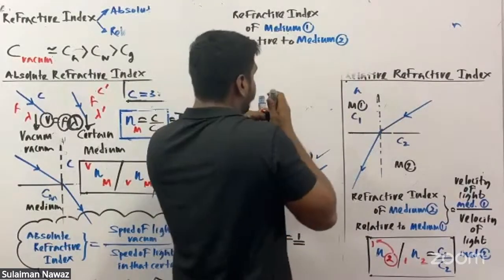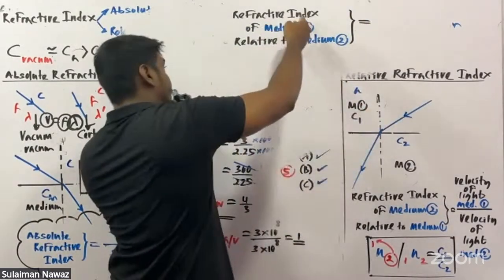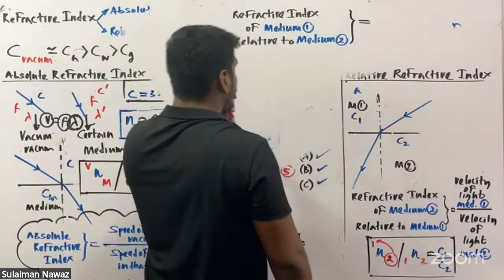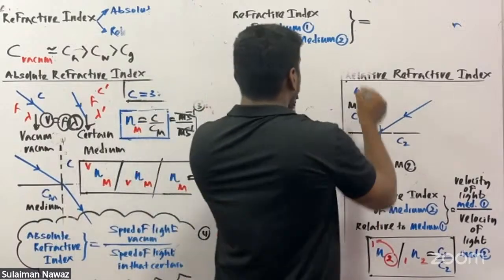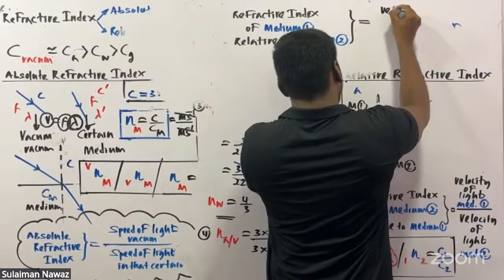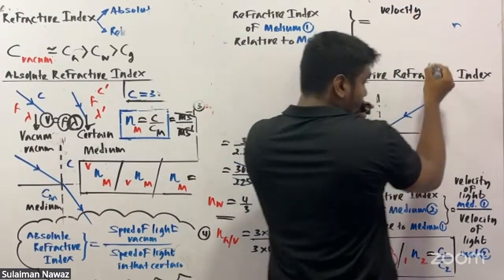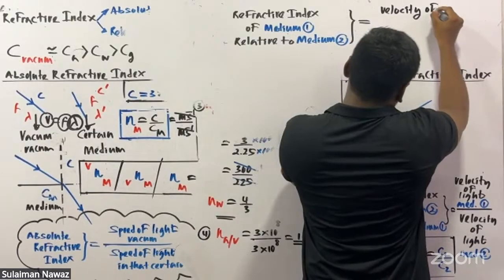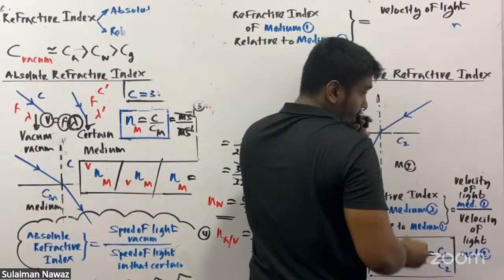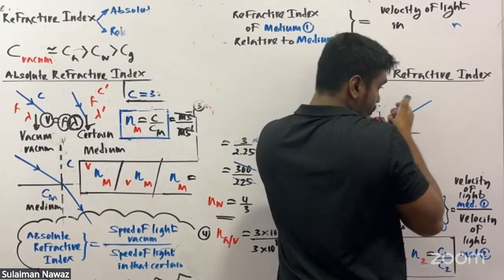Then you know the equation: equals refractive index of medium 1 relative to medium 2. That means I will write down velocity of light in medium 2, over